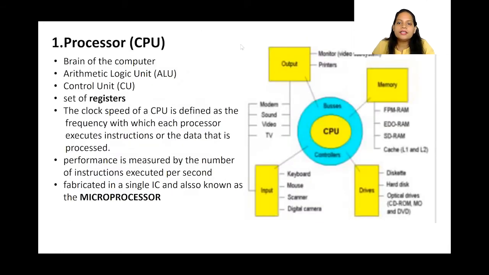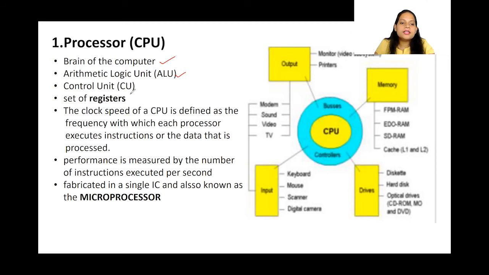Now let us see the components of the motherboard one by one. As I listed before, the very first one is the processor or CPU. Let's see it in detail. The processor or CPU is also called the brain of the computer because the majority of your operations are performed there; your calculations are performed and data is processed in the CPU. That is why it is called the brain of the computer. It has an arithmetic logic unit, which, as the name suggests, does the major operations that have to be performed. The control unit controls the data flow and all the other operations performed by the computer.